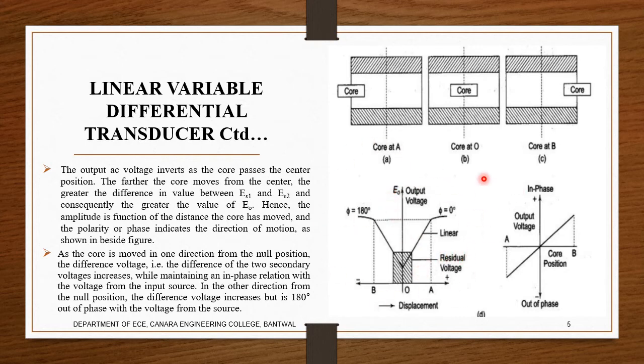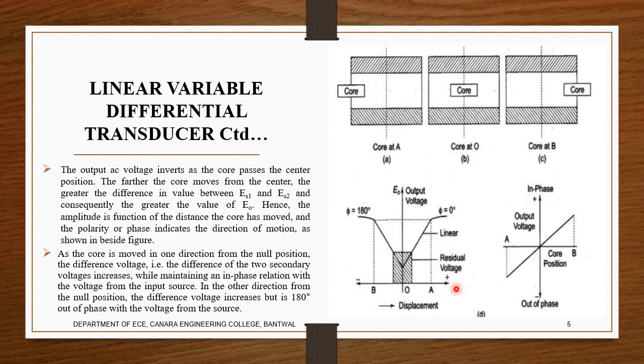This is the graph of the positioning. This is the graph of voltages and displacement. How voltage versus displacement varies can be observed, and here we can observe which are in phase and out of phase, and how they are in phase with each other. And after OA and OB, the non-linearity characteristic will arrive.